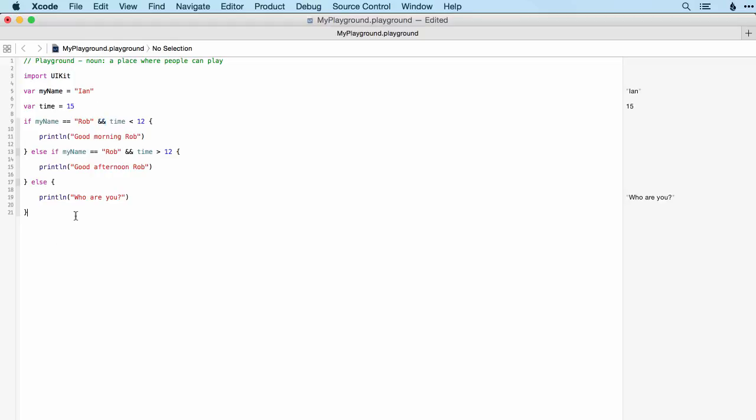What if we wanted "or"? We could say if my name is equal to Rob, or, now to do "or" we use these symbols known as pipes, and you get them by doing Shift /  on your keyboard, or at least that's where I find them. So if my name is equal to Rob or time is less than 20,